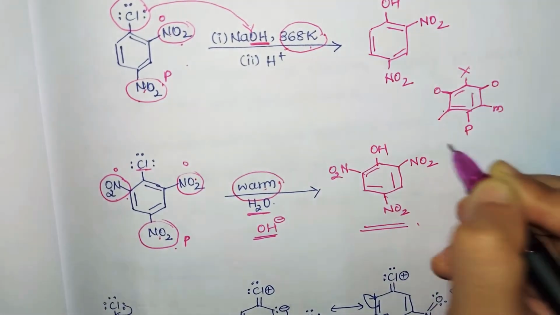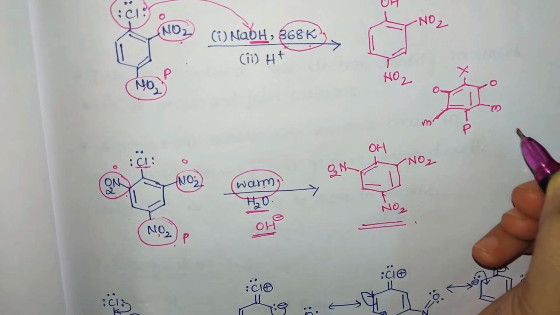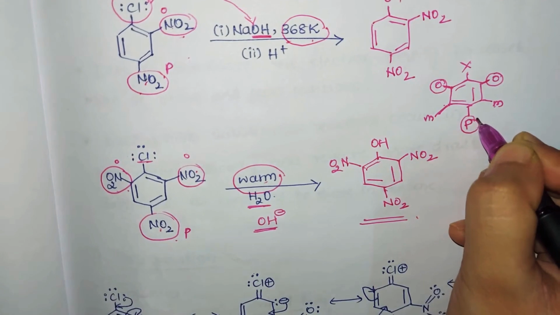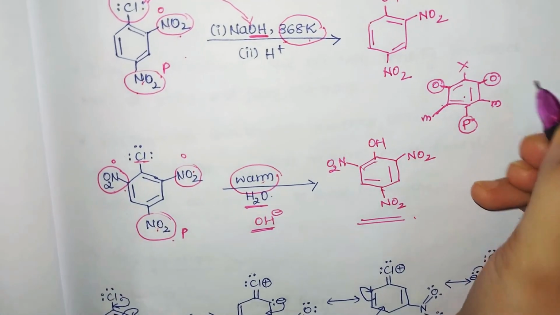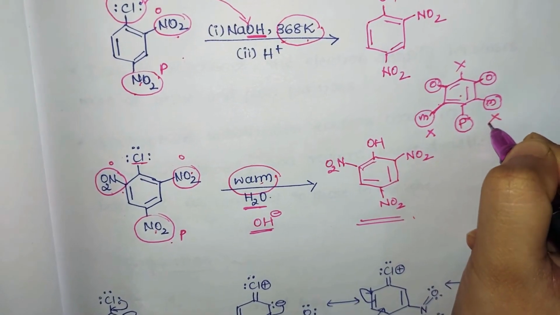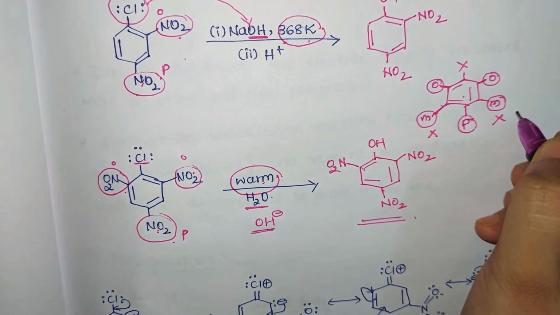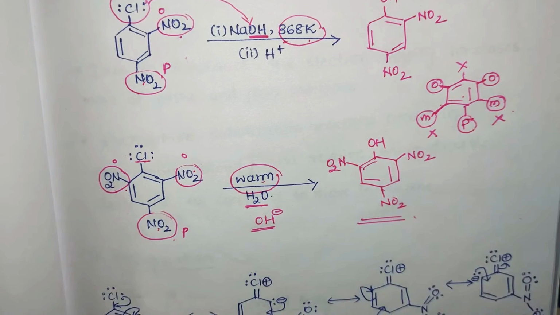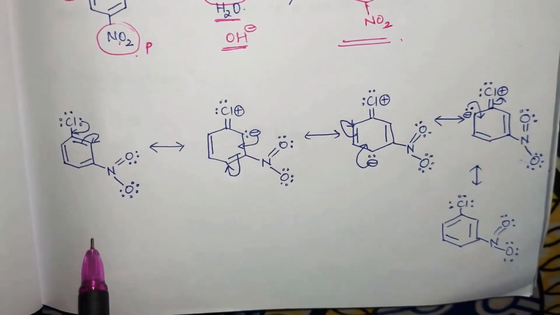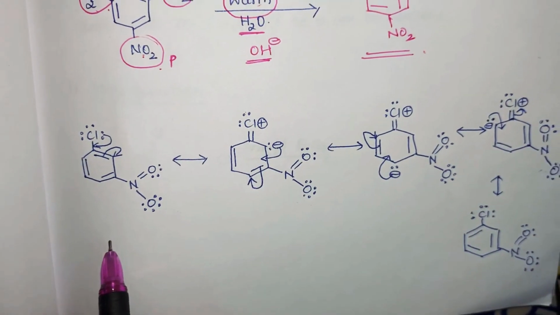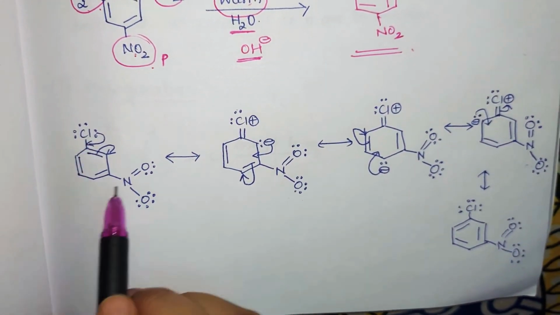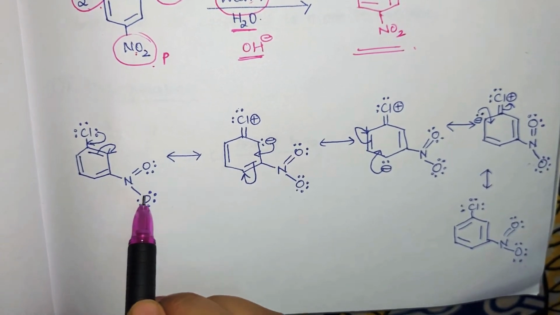So here we have considered the presence on which positions? Ortho position and para position. Here is a ring where I have represented the ortho positions, the para position as well as the meta position. So when we see the resonating structures, we see that the electron does not occupy which position of the benzene ring? The meta position. That means electron density is less there. So we'll write the resonating structures and see once more. We'll take a structure where our nitro group is present on the meta position. So this becomes our aryl halide, and meta to it we have written the nitro group.